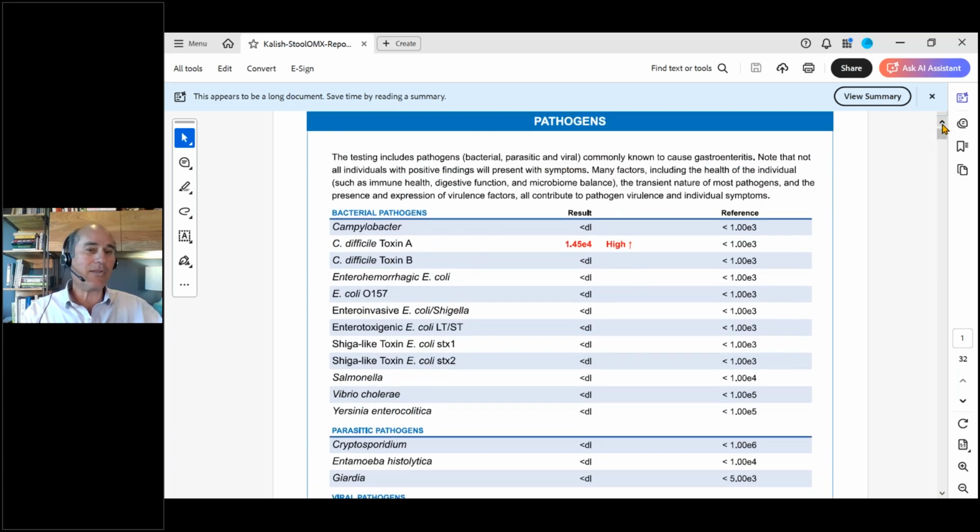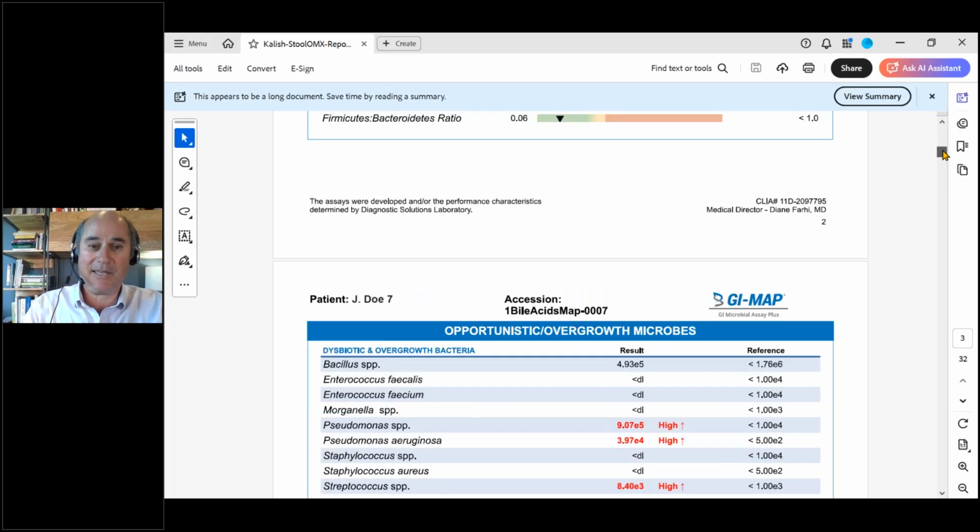All right, so now we're going to look at these 3 different variables. We're going to look at a couple of different types of tests from different companies and then try to assess, is there a microbiome problem? Is there an organ problem? And is there a pathogen? But let's start off looking for dysbiosis since that's the theme.